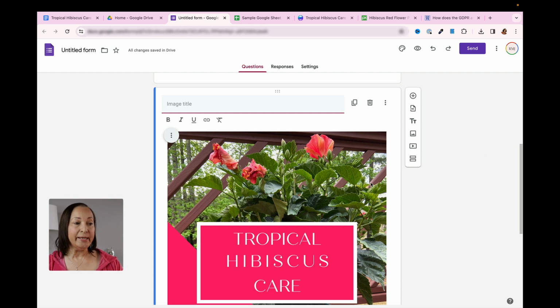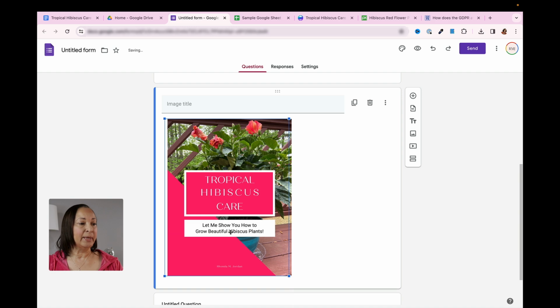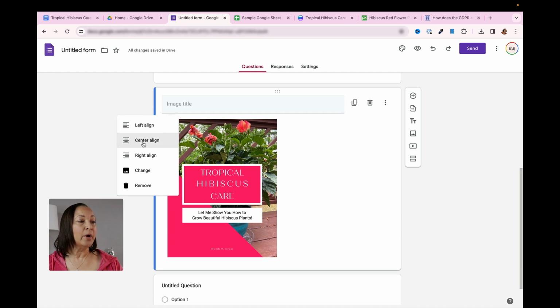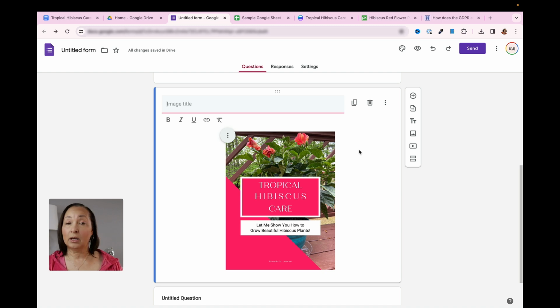So in order to resize this, I'm going to click on the image, and you'll notice that you have these little squares that appear at the edges. So what we're going to do is just use these squares and drag them down. That's going to help us resize the image. I'm going to pull it in just a little bit more. Now, in order to move it, you notice I had to click off, and now these three vertical dots appear. And this is going to allow me to move the location of this. So I want to center align this. Now, once I center align this, it's in a great place for me.